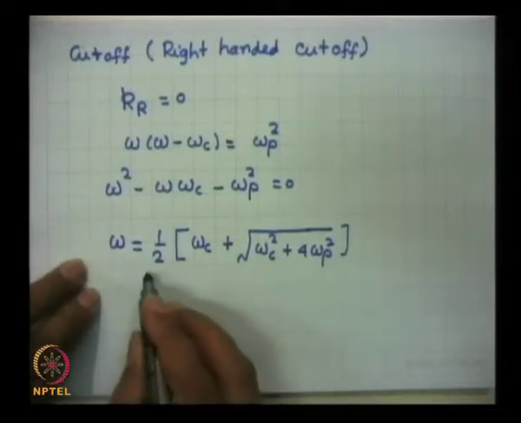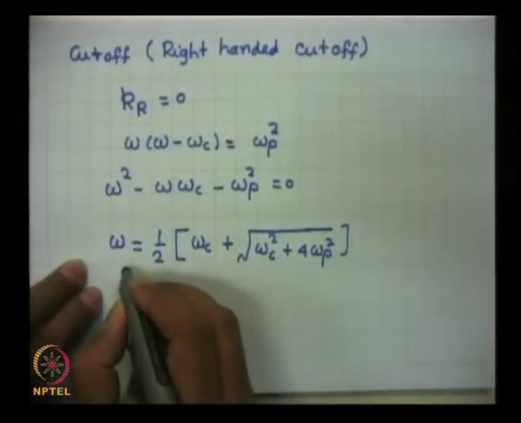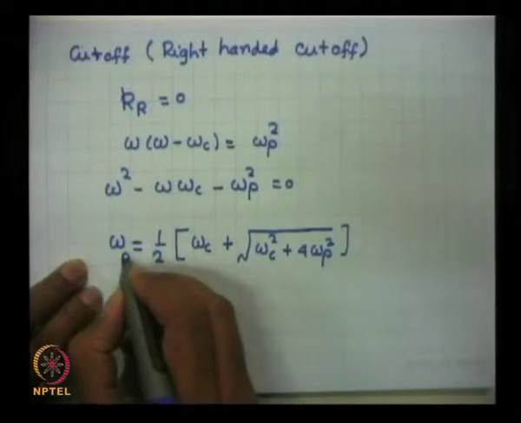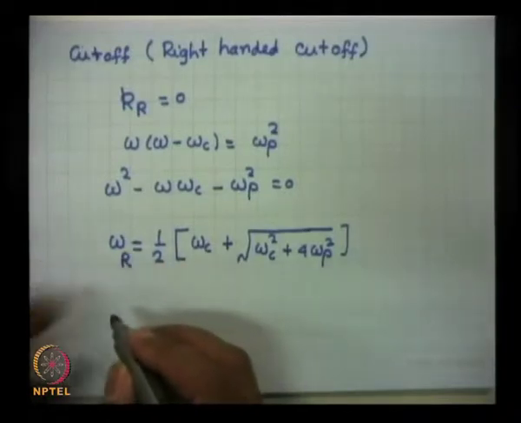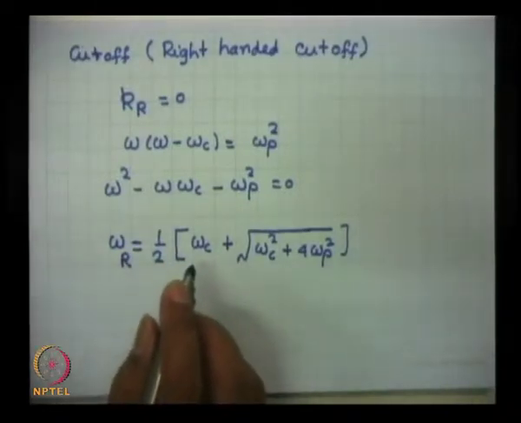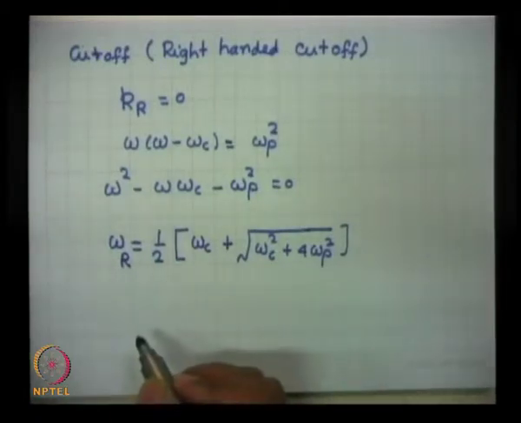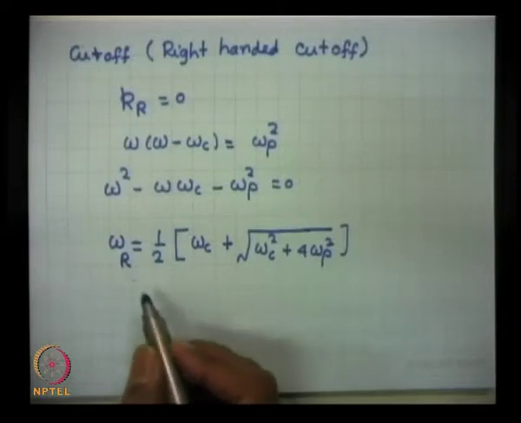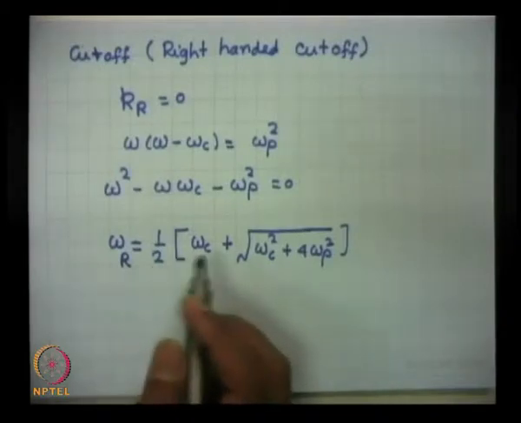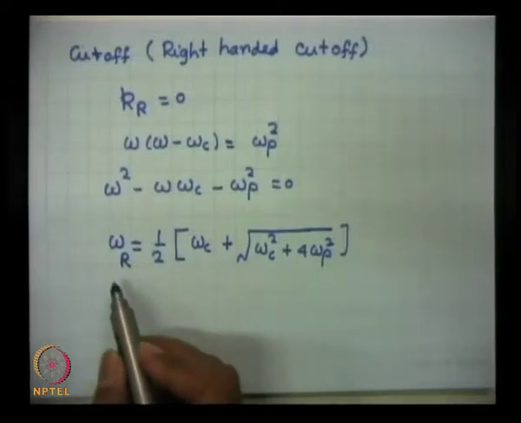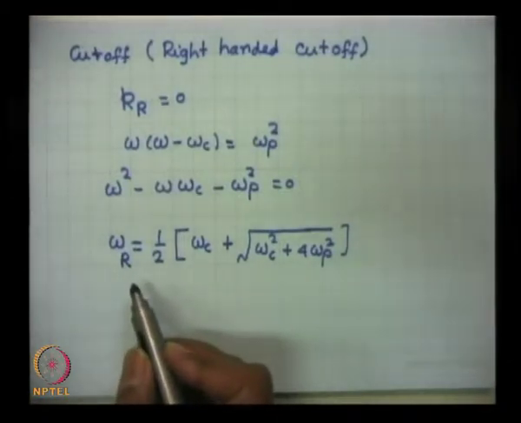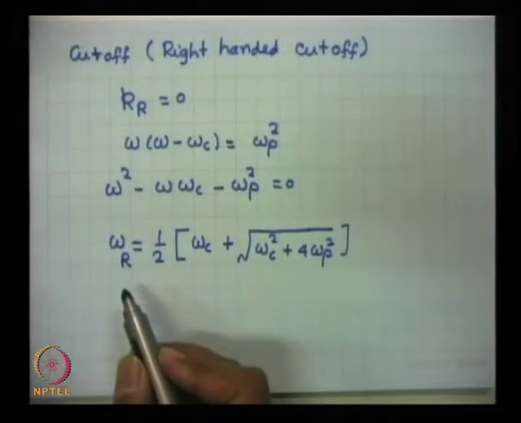And we call this frequency at which K_r becomes 0 as right handed cutoff, so we denote it by omega_r. So, this is an important frequency. If you have a wave of frequency higher than omega_r, the wave will travel. If the frequency is less than omega_r, it will not travel. But this is not true for all the low frequencies,